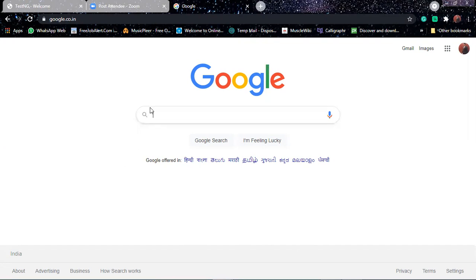The icon to record is a web element. Button is a web element. I'm feeling lucky is a web element, and all these things like languages are web elements. Whatever you see here, everything is a web element. Each and everything that you see in a web browser is a web element for us.